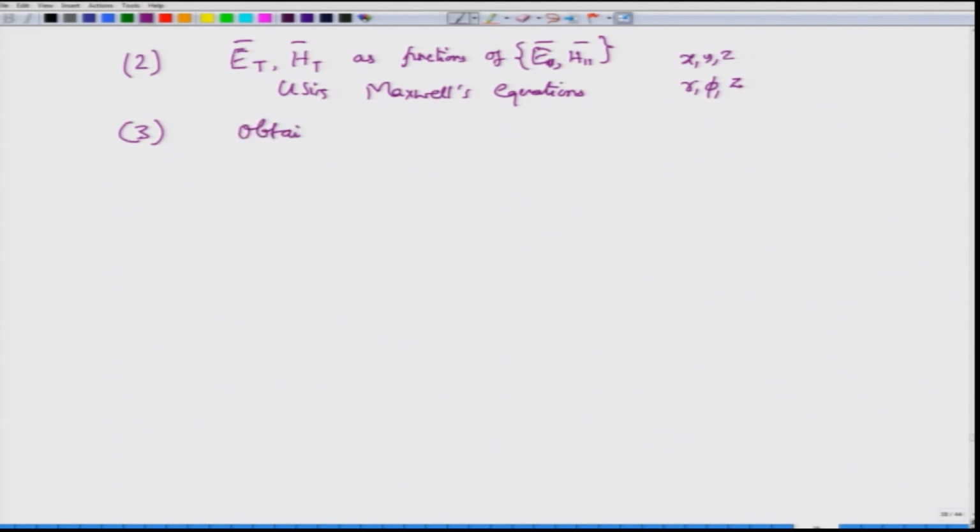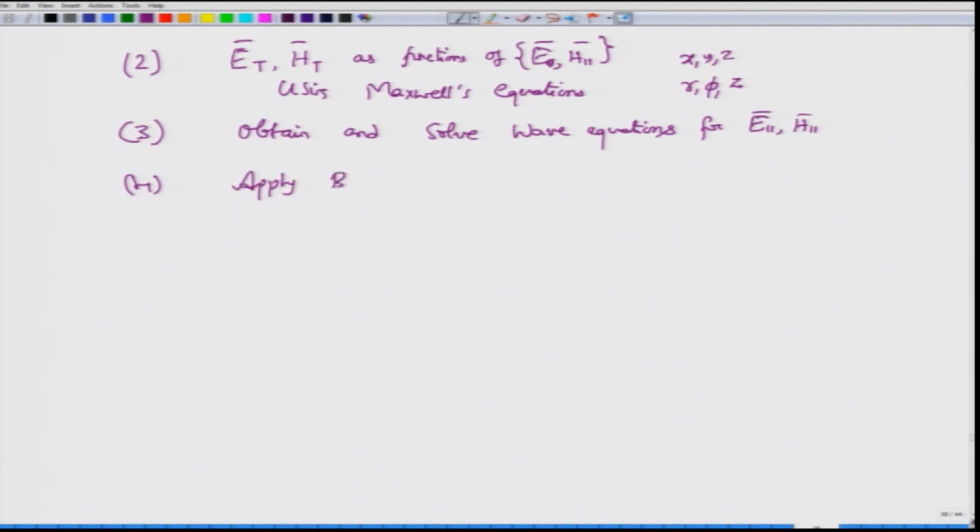The third step is an interesting step, which essentially calls for you to obtain and solve a wave equation. Remember, these are all waves, except that the wave is not uniform, it is a non-uniform wave having certain x and y dependence, or certain u and v dependence. But it is your responsibility to obtain and solve the wave equation for E parallel and H parallel. Usually the functional form of the wave equation will be the same for both longitudinal components. Therefore, if you solve one, you can easily guess the solution of the other. There will be some constants of solution which you will have to fix by applying the boundary condition.